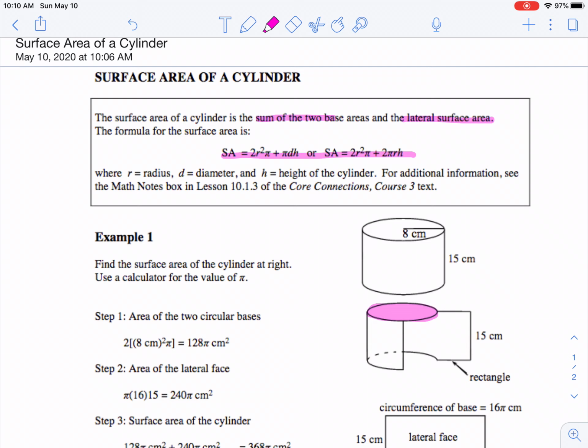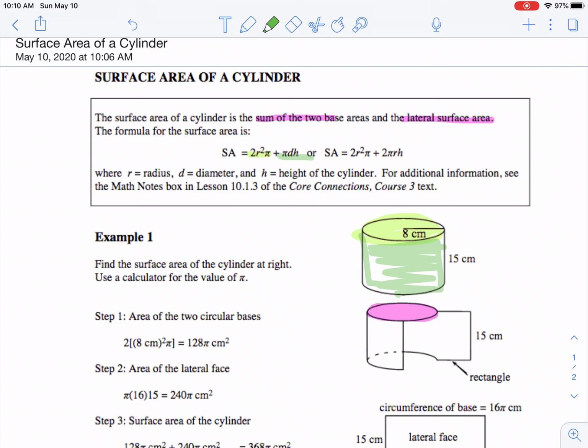So let's break that formula down. 2 times the radius squared times pi is going to be our two circles. Okay? Then the second part, so that's the circle part. The second part of that formula, pi times the diameter times the height, is going to be covering this portion